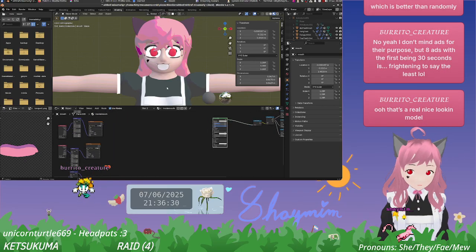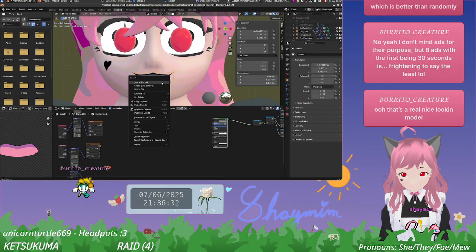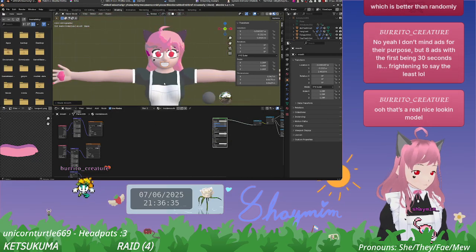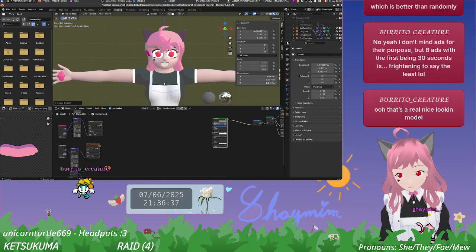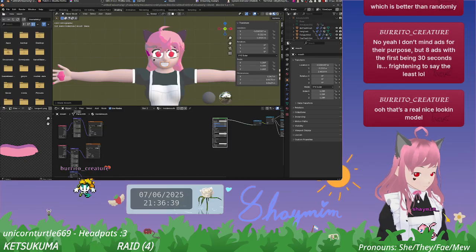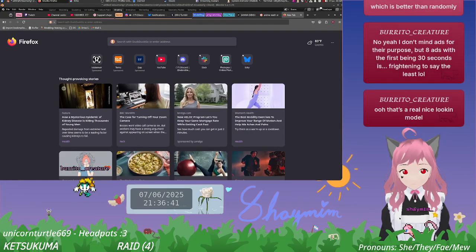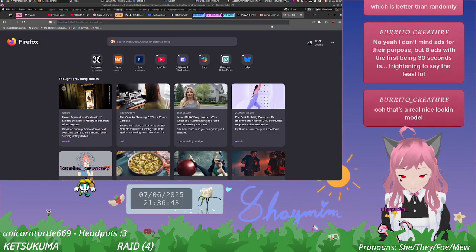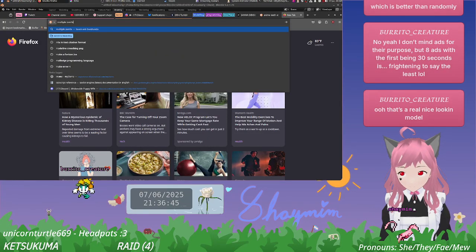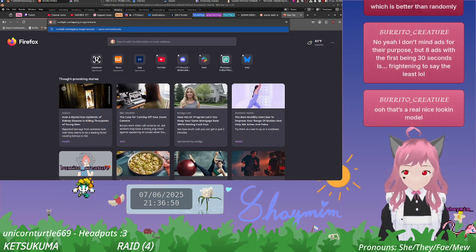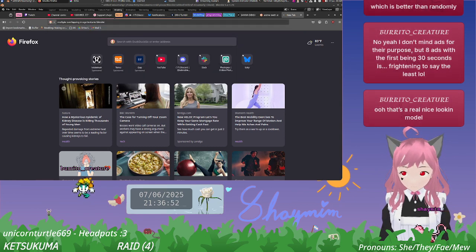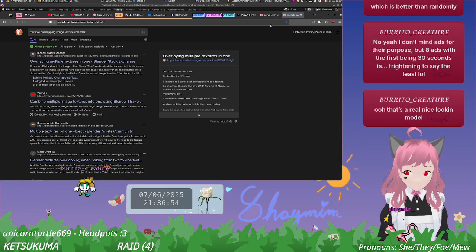What I might have to do is look up some different whatchamacallits. I might just do that now for the sake of time. Multiple overlapping image textures in Blender, like so.